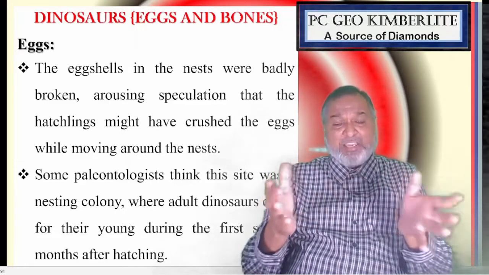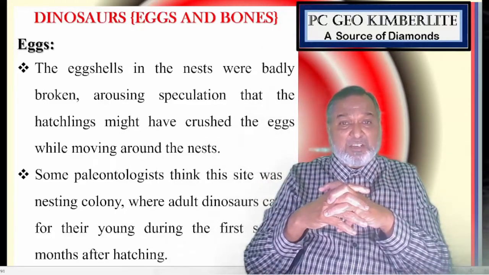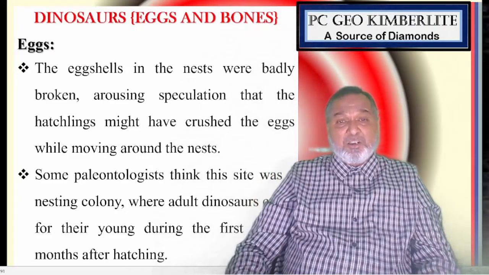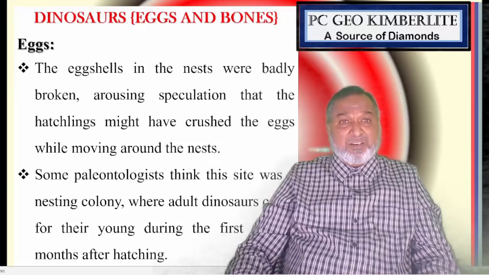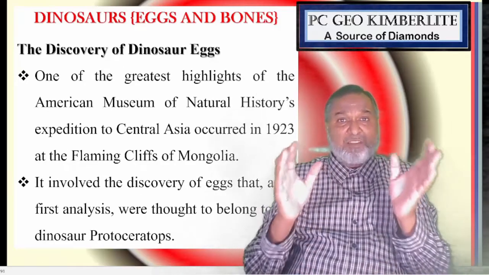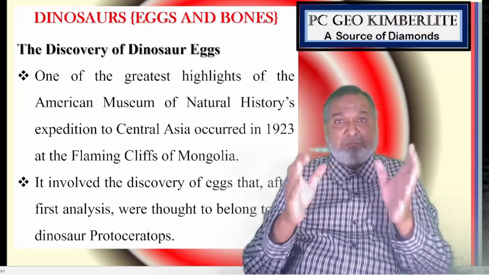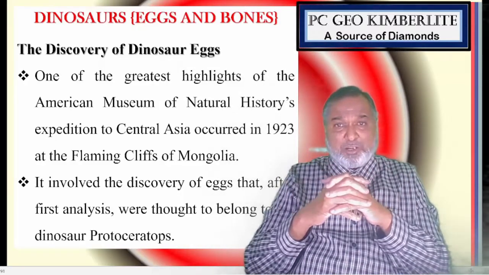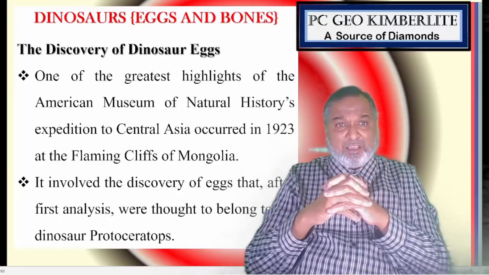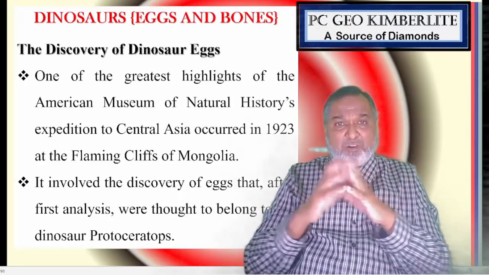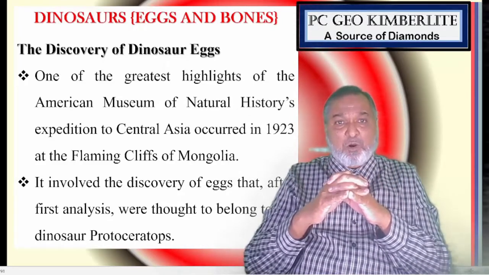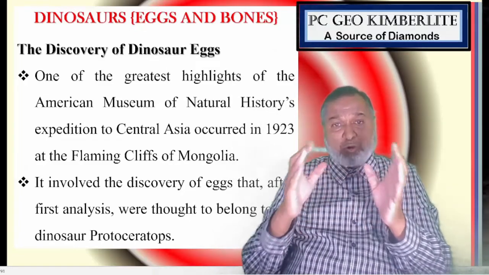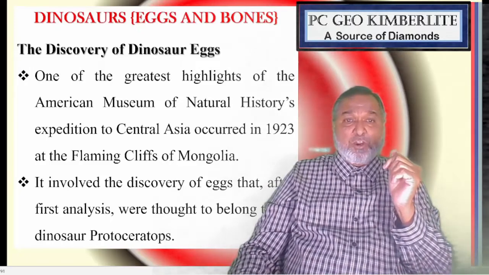Some paleontologists think this site was a nesting colony where adult dinosaurs cared for their young during the first several months after hatching. One of the greatest highlights of the American Museum of Natural History's expedition to Central Asia occurred in 1923 at the Flaming Cliffs of Mongolia. It involved a discovery of eggs that, after the first analysis, were thought to belong to the dinosaur